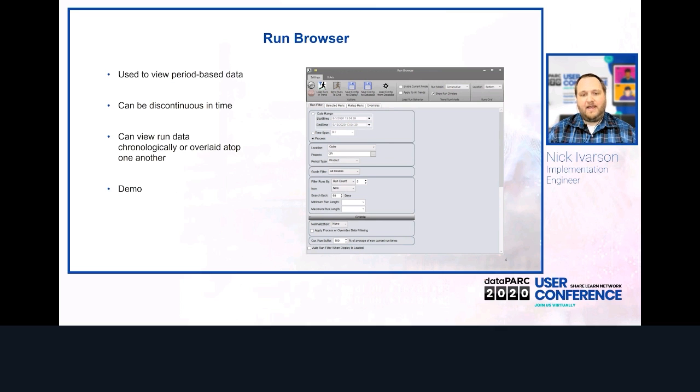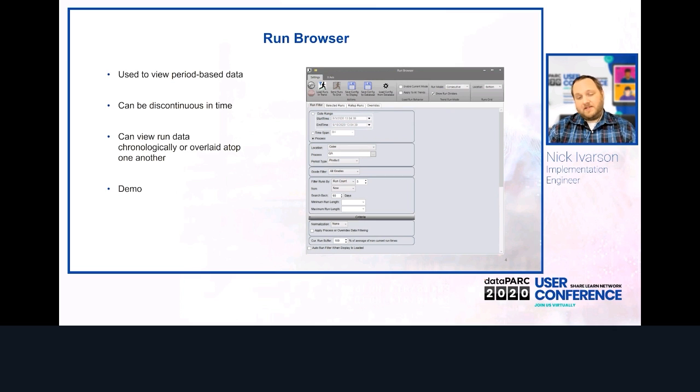It could be just a time span, 8 hours, 7 days, any of the time spans you can find in trend, or can dream up yourself. So say last month. Or it could be a more process-related one. So for example, a batch run or a grade run or production day,